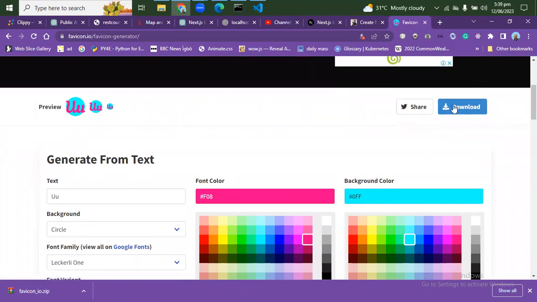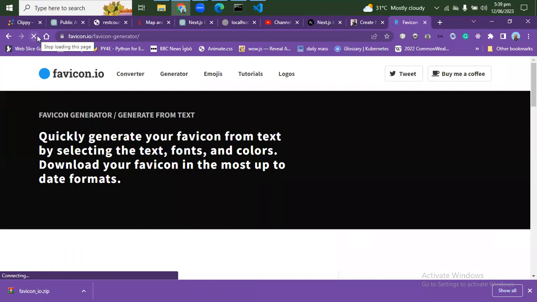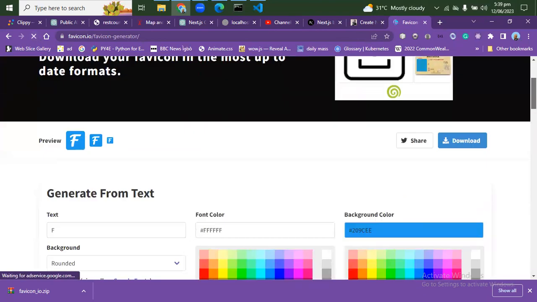Maybe because I have downloaded this file before, I don't really know why it shows not to. Let me just refresh